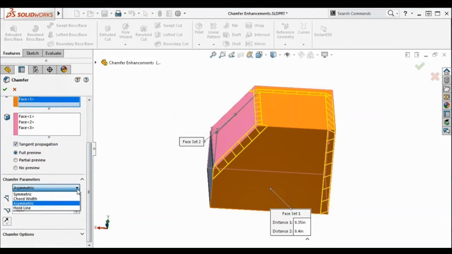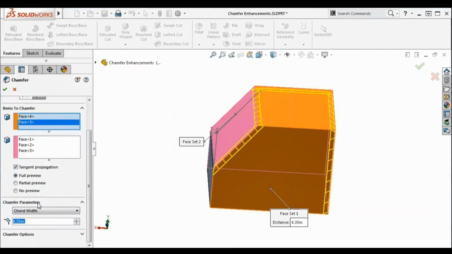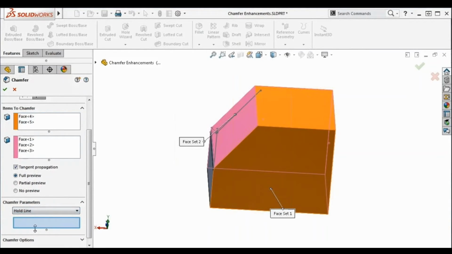The chamfer parameters allow you to define the chamfer with a symmetric distance, a chord width, two asymmetric distances, or a hold line end condition. Symmetric and asymmetric parameters act just as they would with the original distance-distance chamfer type. Chord width allows you to set the chord length of the chamfer face that will be split equally on either set of faces. Hold line requires you to select a hold line which acts as a boundary for the edge